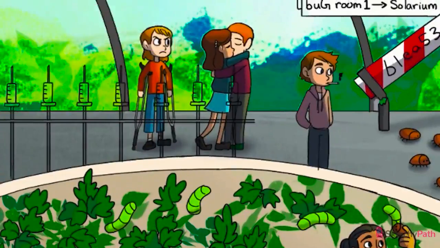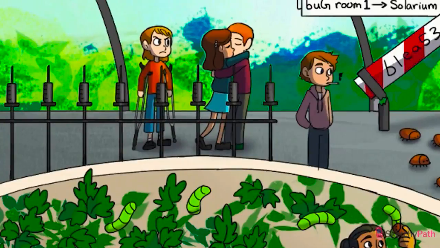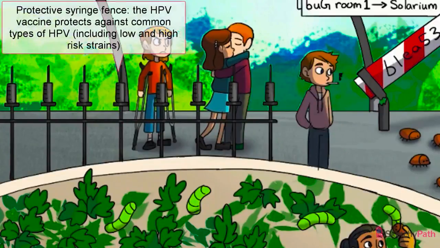Luckily, besides counseling your patient on the importance of safe sex and smoking cessation, as we briefly mentioned earlier, there's also an HPV vaccine available. Hence the vaccine's syringe-themed guardrail, protecting the kids from the mayhem below. The HPV vaccine protects against 9 common types of HPV: 6, 11, 16, 18, 31, 33, 45, 52, and 58. All boys and girls between 9 to 26 years old should be offered the vaccine. Women who have received the vaccine should still receive pap smears because there are other, less common strains of HPV